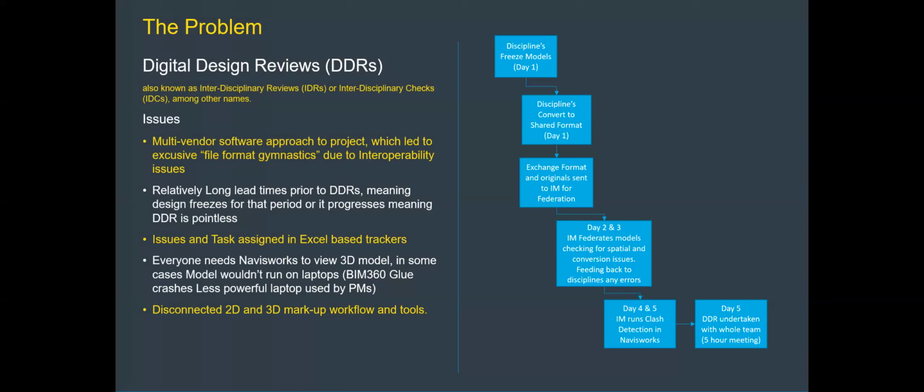So one of the things that was also a problem was we were using Navisworks, and a lot of our engineers and project managers don't have high spec laptops. So when we're loading our big models in, and they can be like 15-20 kilometers long designs, their PCs weren't capable of running Navisworks and actually crashed. We even tried BIM 360 Glue, and that crashed their PCs as well. So the 3D model wasn't necessarily inclusive and available for everybody to use, which then leads to only every few weeks when the DDR is happening, people being able to see it and